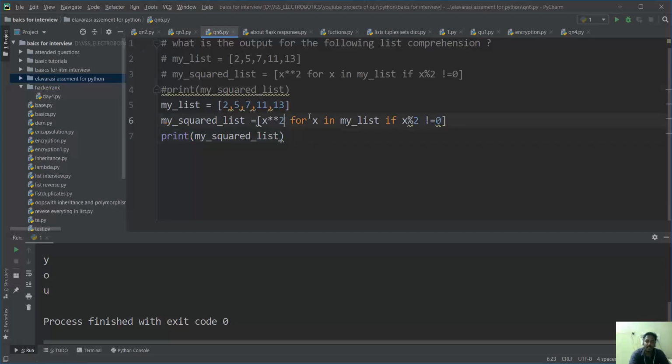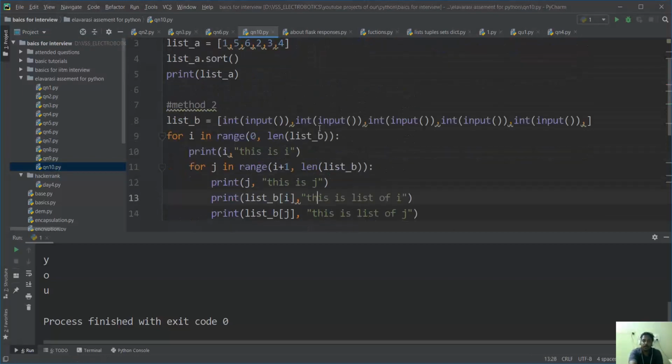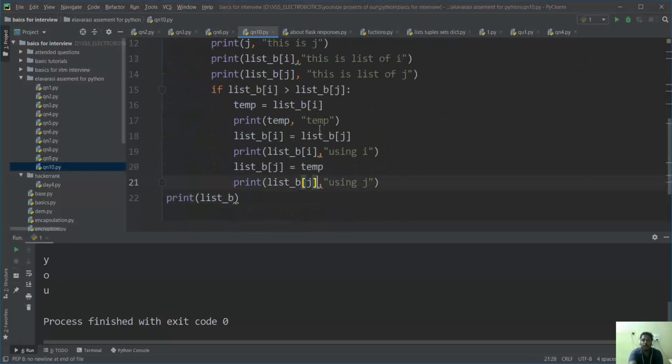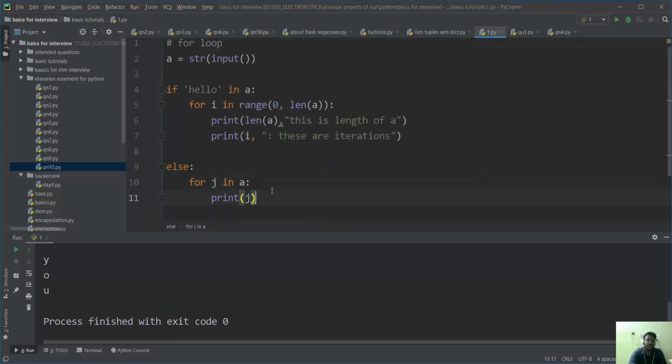Look, for x in my list, if x modulo 2 is not equal to 0. We will be using more things in for and if loops, so for that purpose I am telling these things.